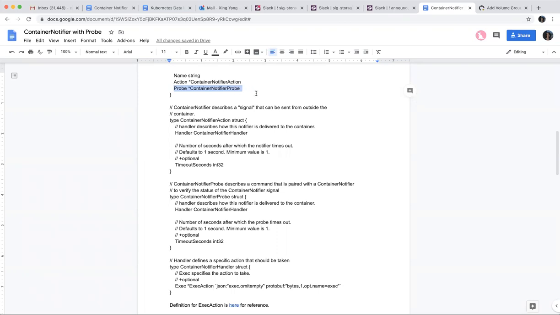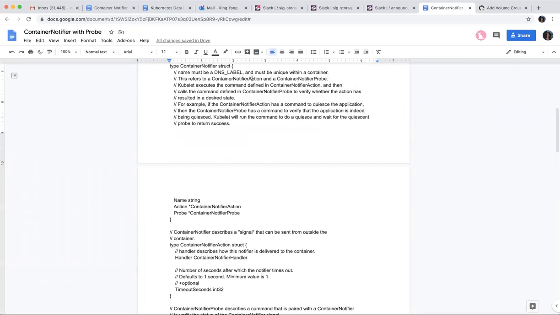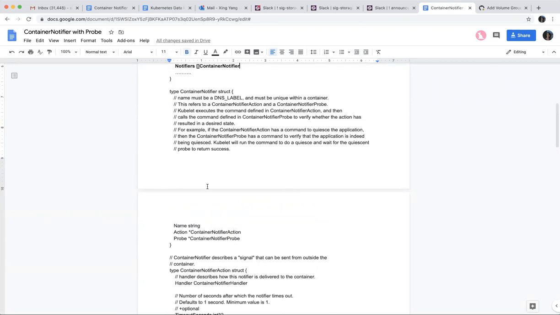I'm not sure why the probe needs to be part of the structure here, rather than just saying there's another command defined for this execution hook that says whether or not something's running. Like cancel and quiesce, we don't define this in terms of the execution hook. We say that would be part of the quiesce unquiesce protocol.